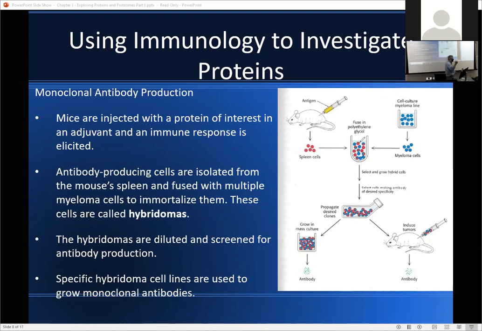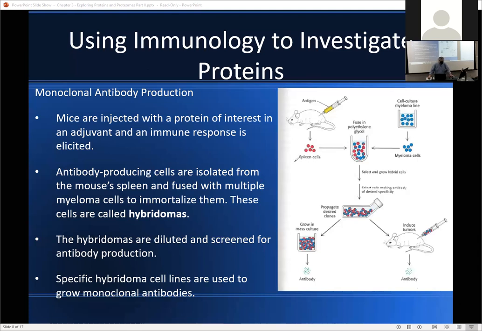Again, if our protein is hypoallergenic, we're going to want to conjugate it to a carrier protein to boost the immunogenicity. And then we inject it into our mice on a regular immunization schedule. After a certain amount of time, the mice are sacrificed, and the spleen is